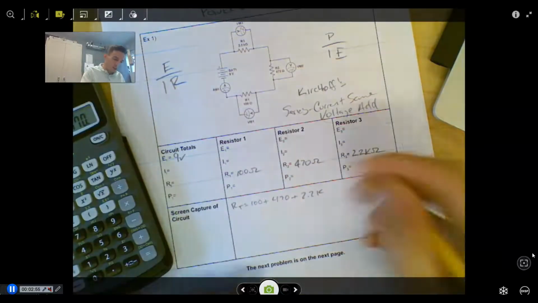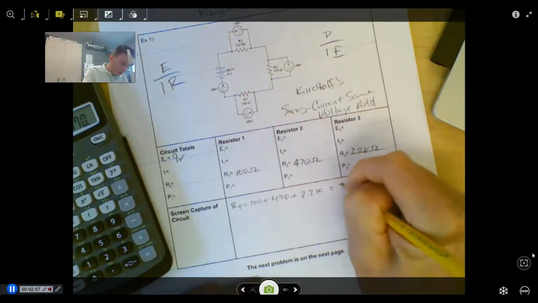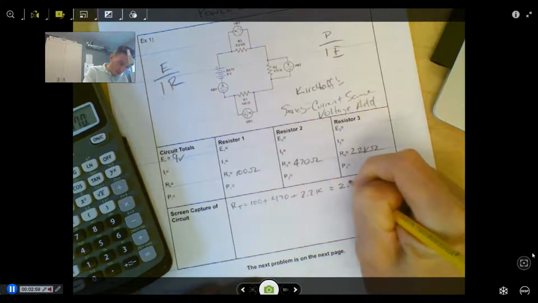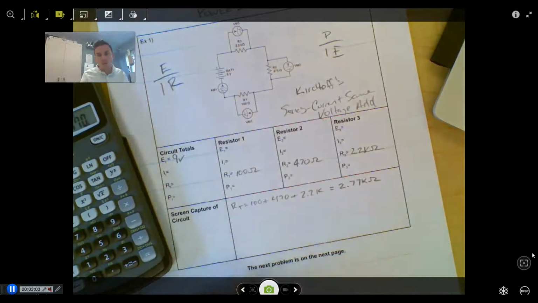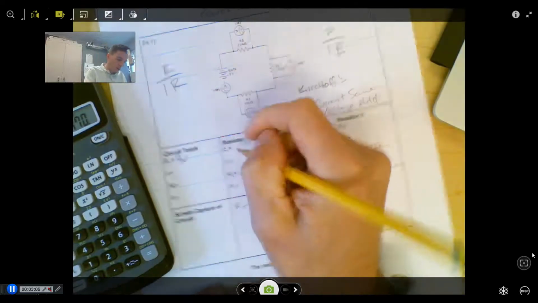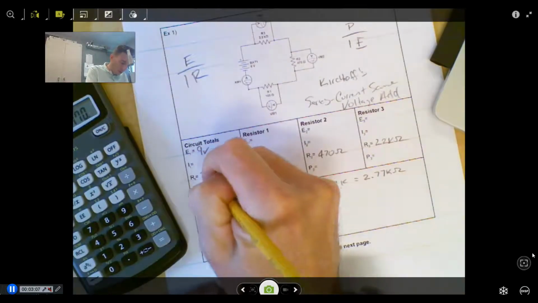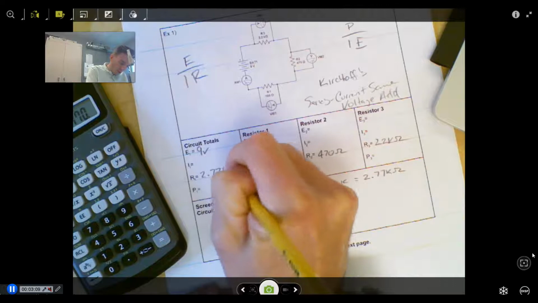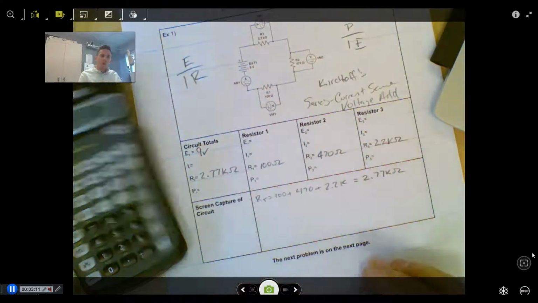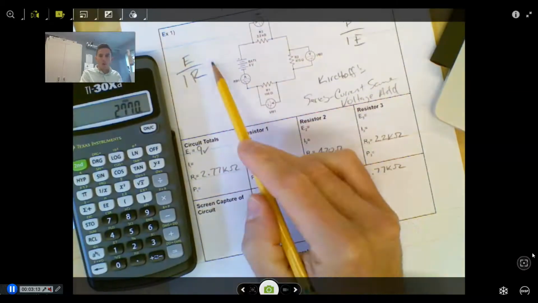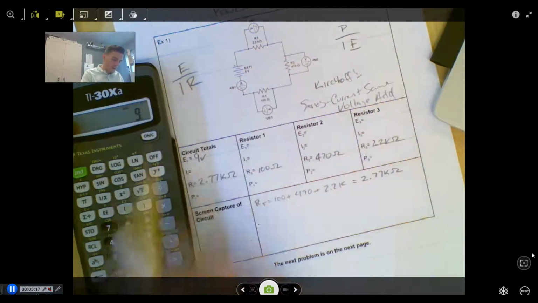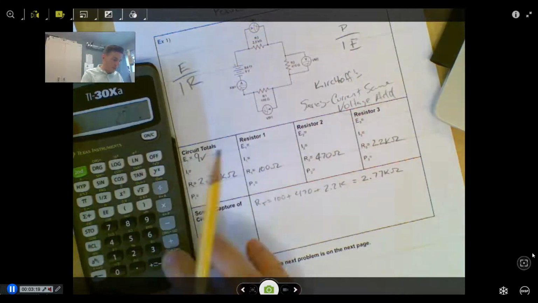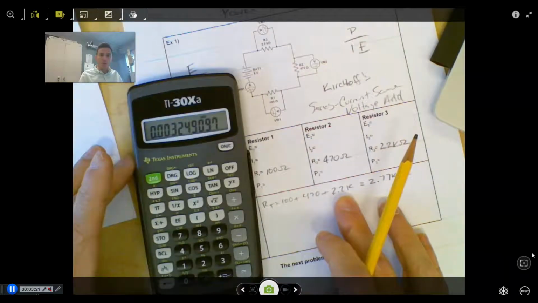So that is equal to 2,770 ohms or 2.77 kilo ohms. So resistance total is 2.77K ohms. So again, according to Ohm's law, we're looking for current. 9 divided by 2,770 is equal to